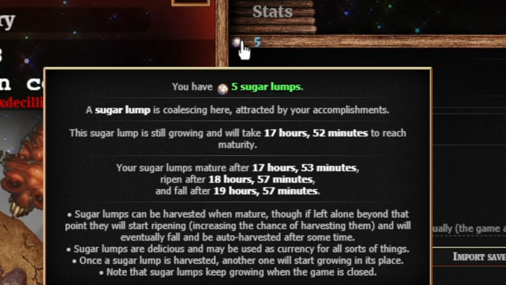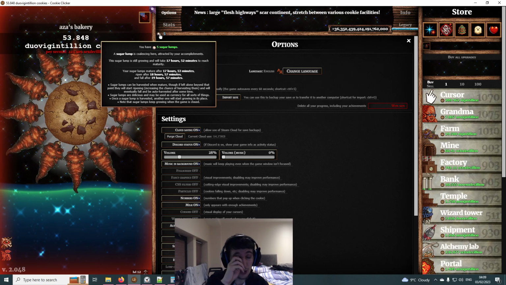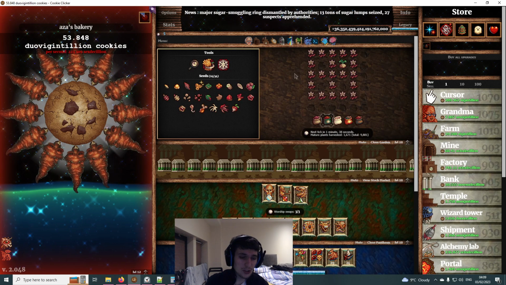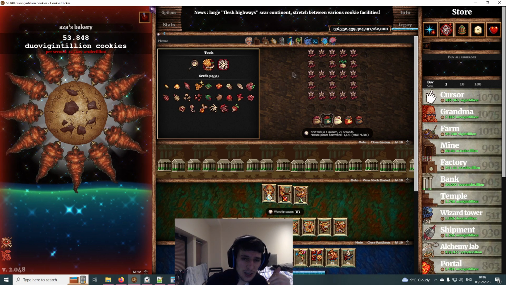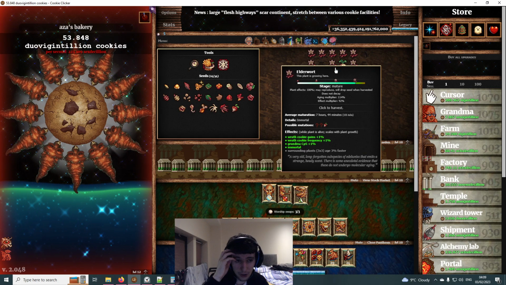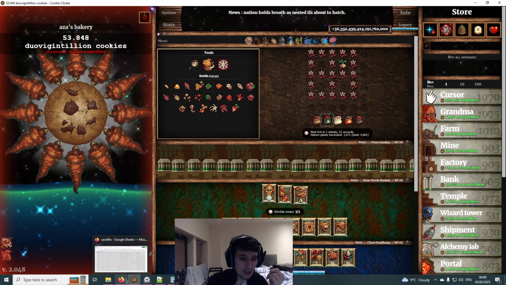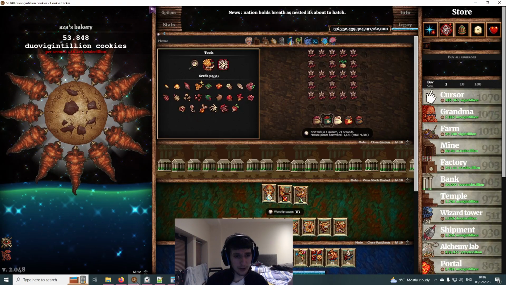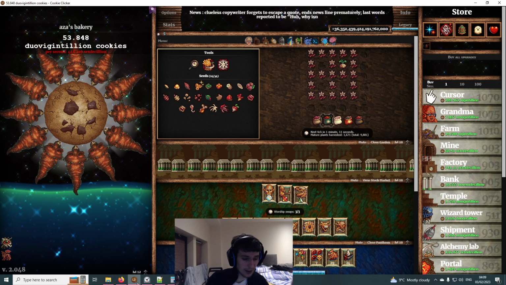Well, for me, I have to check in 17 hours, or technically you can check a bit before that because it does tell you what it is, midway through the growing stage. Alternatively, if you don't want to do this process, because this strategy kind of anti-synergizes with the garden since you need the garden on, I would suggest copying your save file and adding it to a browser version or something, and then keeping them both on at the same time, and then seeing if